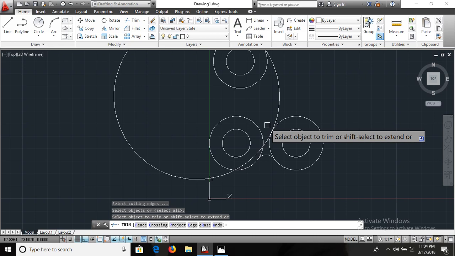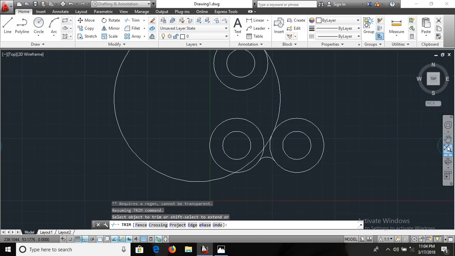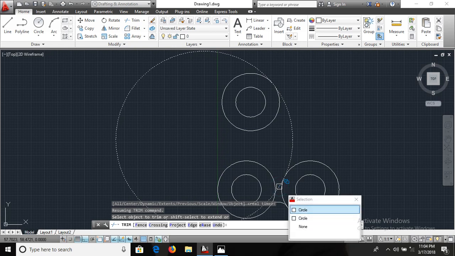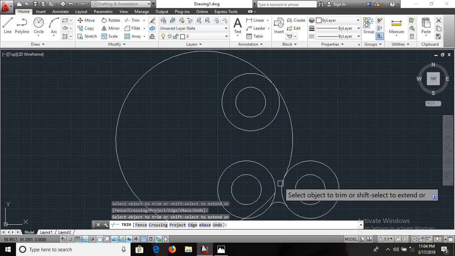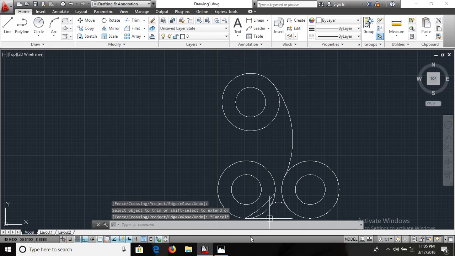If I want to trim that, we need to zoom in now. Why am I zooming? Because I want to see there. So here I'm selecting, yes, and I'm selecting this area, escape it here, and I'm selecting this one, I'm deleting it, and C, enter here,